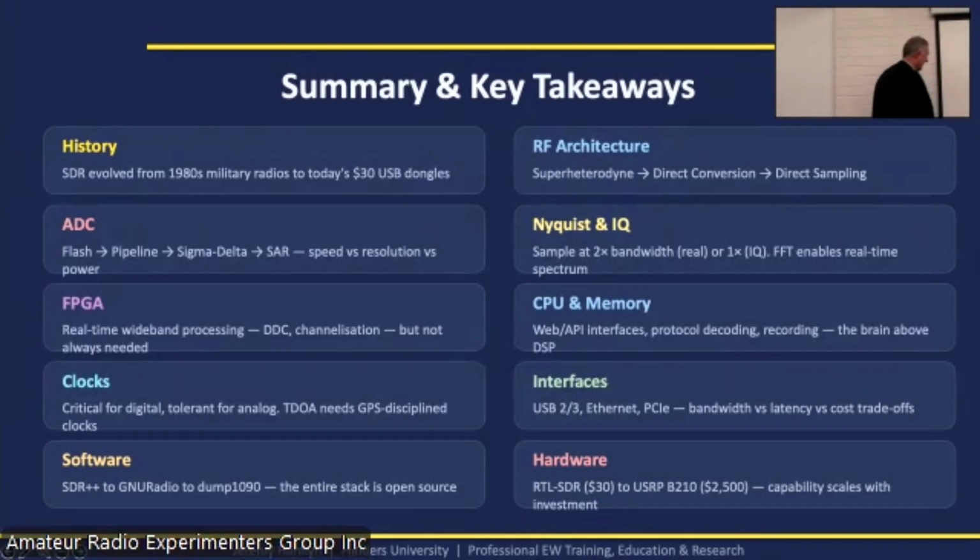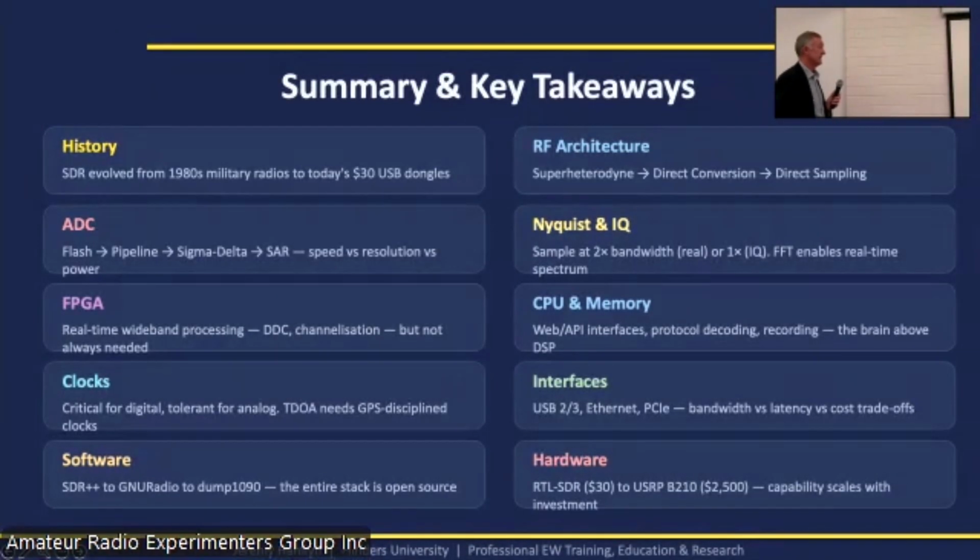Software, most of it's free. I would highly recommend, there's a lecture definitely coming up down the line looking at GNU Radio. It is an amazing tool. Its install on Windows is reasonably easy now, and you start to be able to map the mathematics of demodulation straight into a circuit diagram or a block diagram that is directly related. So especially like an AM signal, you can actually see the 3 stages of making it on GNU Radio, and it will probably take you 5 minutes to do it.